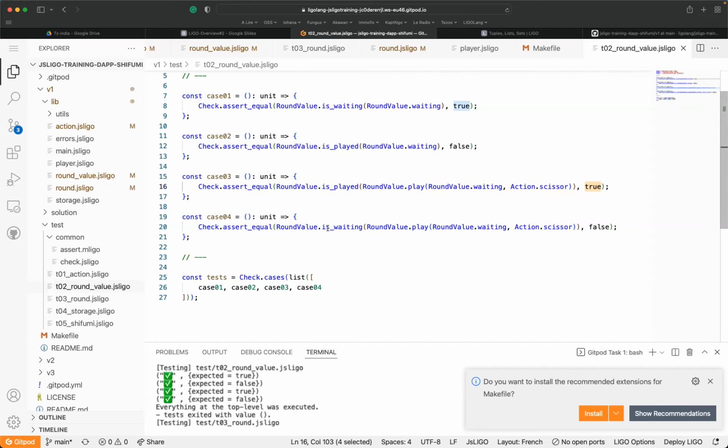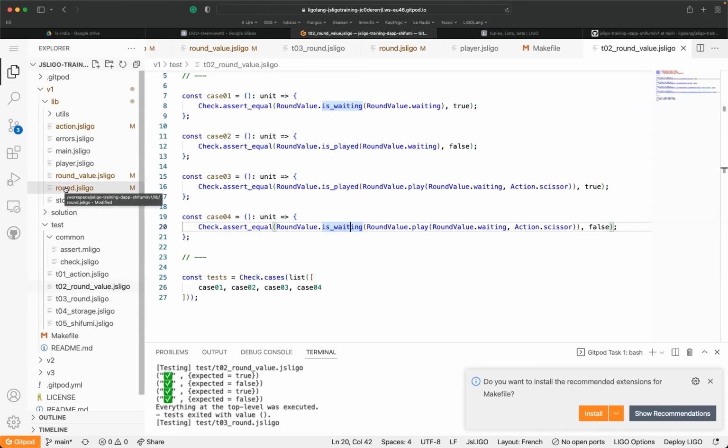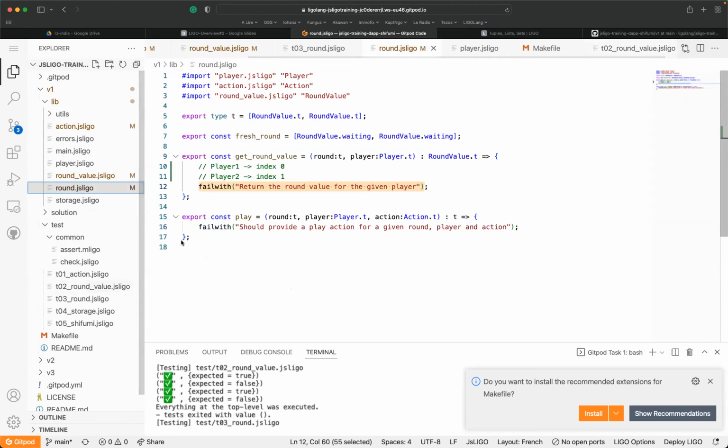So this one is missing, and no, it's okay. It's here. Once you do a play with a waiting, check is waiting, it's false. So here you check all the capabilities and possibilities of the predicates thanks to the play action. Sorry, this is just because I'm not convinced at the beginning by the code that I wrote.